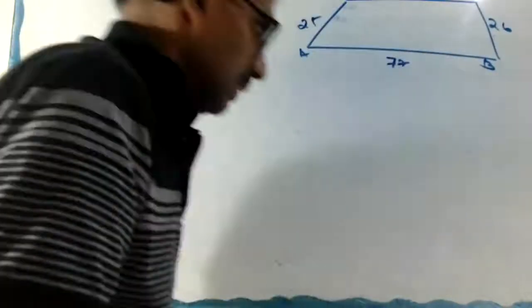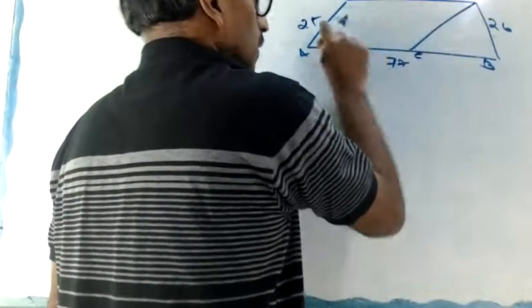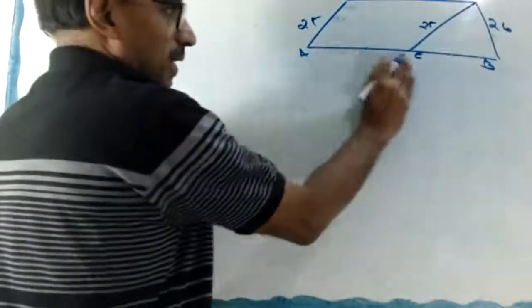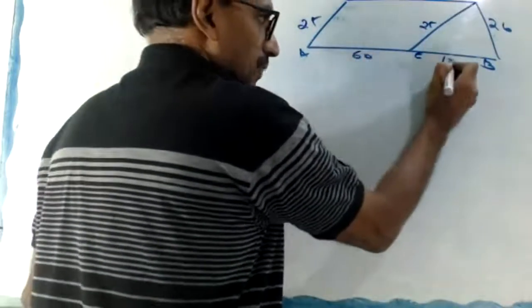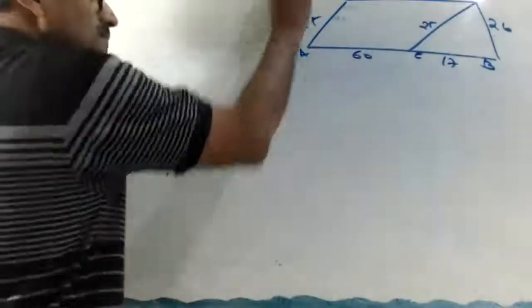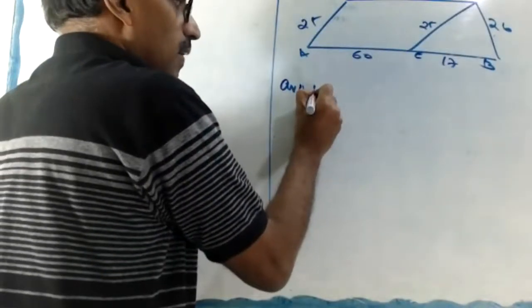Then next, draw a parallel line. E. 25. How much here? This one is 60, so here 17. Correct or no? 77 minus 60, right? So then area of triangle